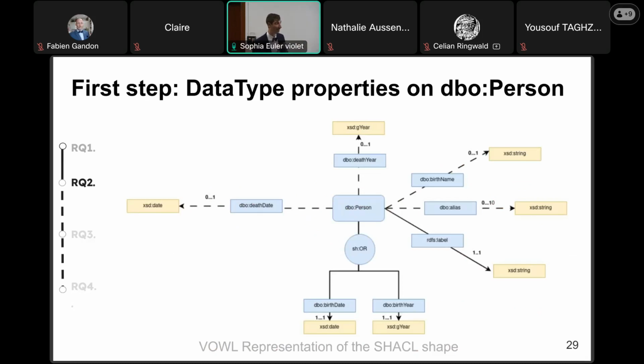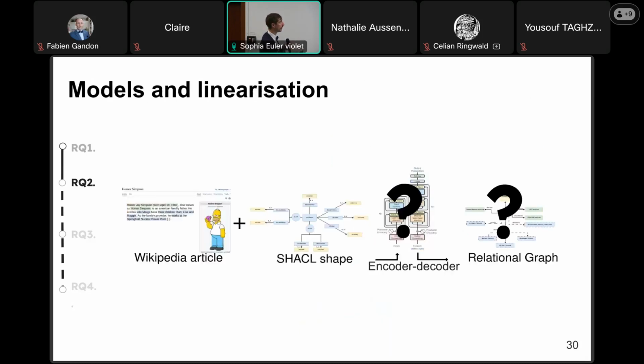I forgot to mention the fact that data type properties are related to strings, values, and dates. And this shape, even if it's only focusing on 7 properties, is already covering 1/6 of DBpedia. So, okay, you now know which SHACL shape we want to focus on. Now, the big question of this work was to determine which decoder to use to fine-tune